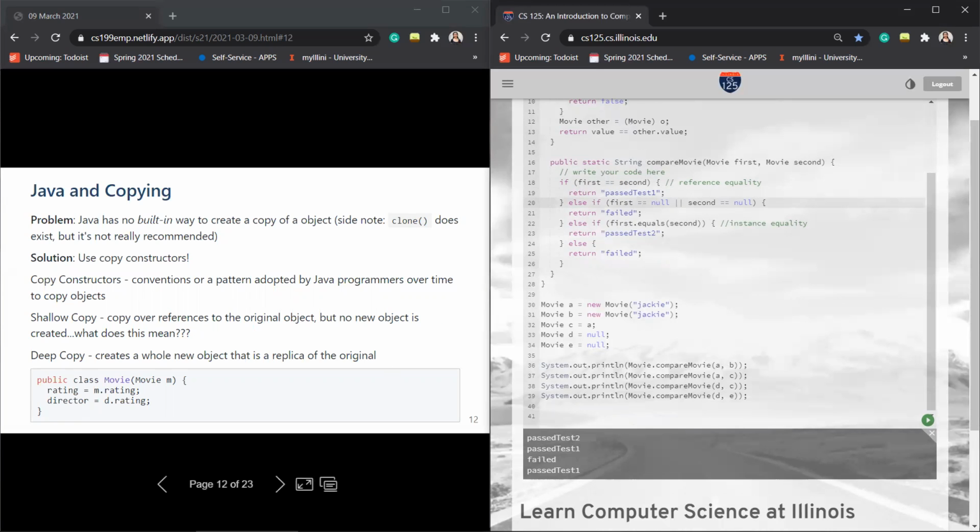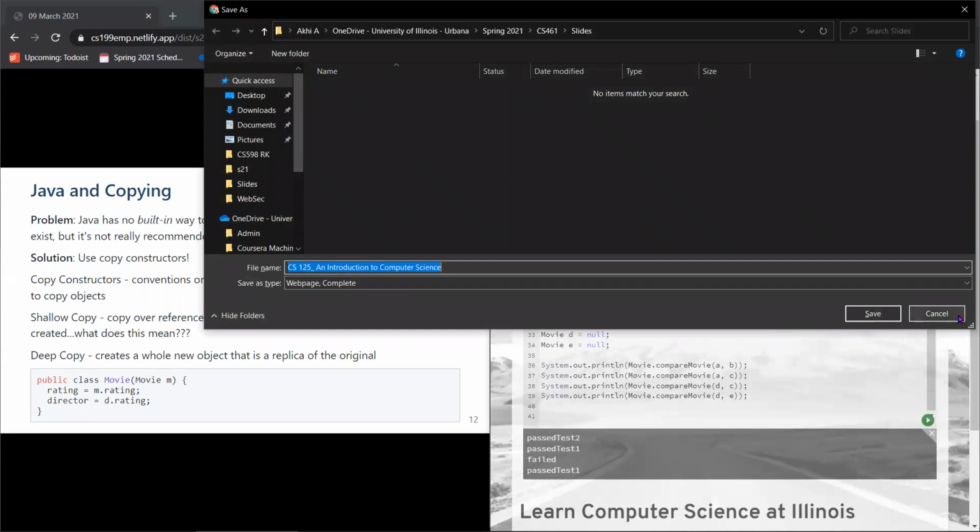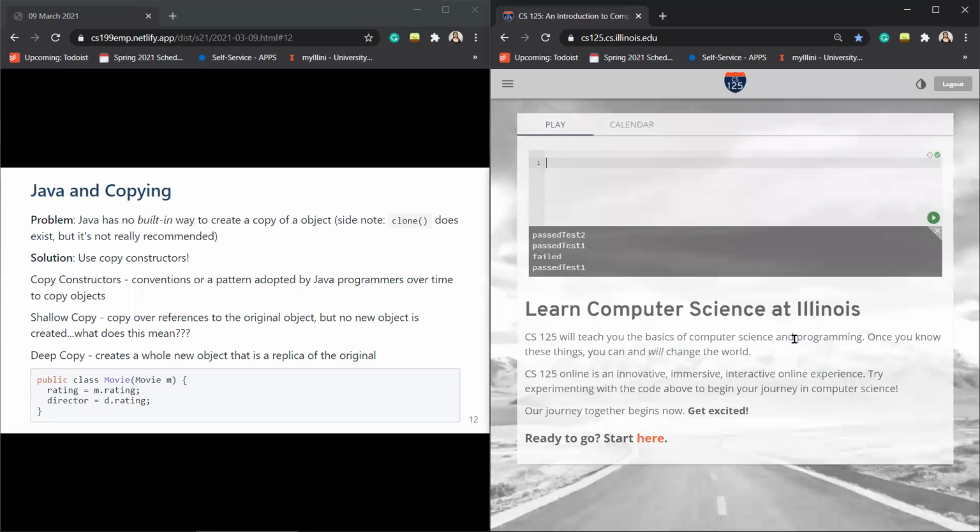All right, next topic. We've got about 7 minutes left. So copying objects in Java, that's the next problem. You're working with all these objects, but is there a good way to copy them? No, at least not with a built-in function. There is the clone function that Java provides, but it's not recommended for various reasons that I won't really get into. But there is something called a copy constructor, which is basically a pattern or convention that was adopted by Java programmers to copy